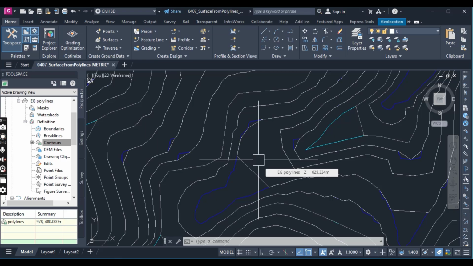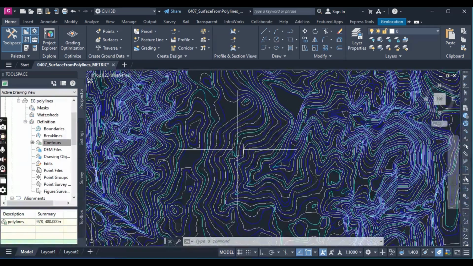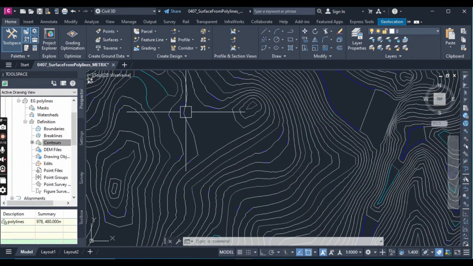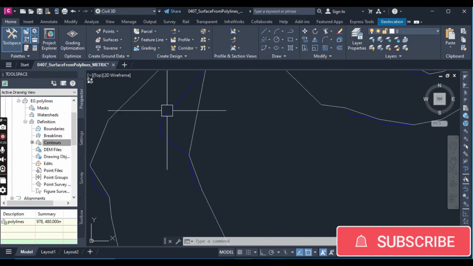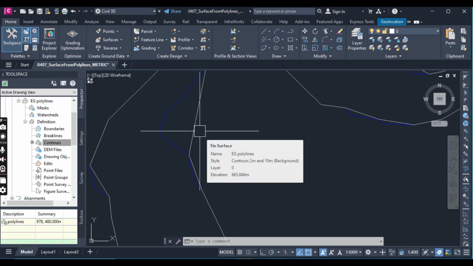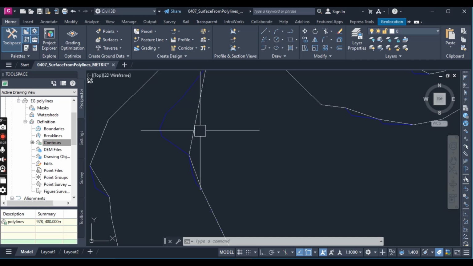So you can zoom in on different places in the surface and you can see the difference between the original polylines and the surface contours which we created in the previous exercise. So how can we